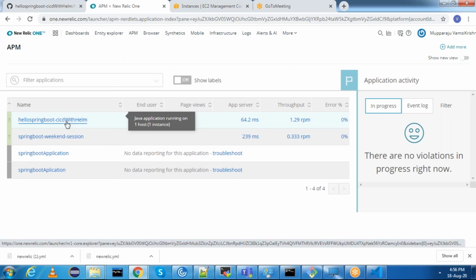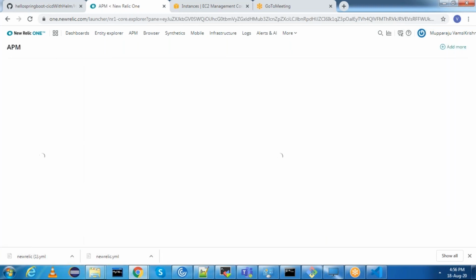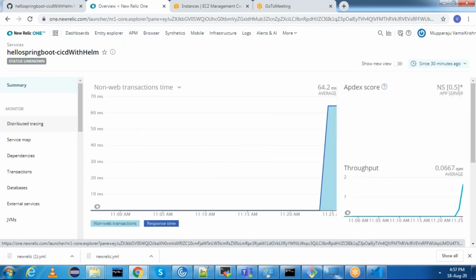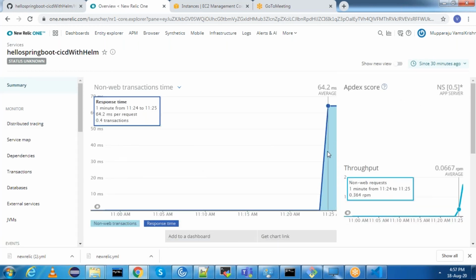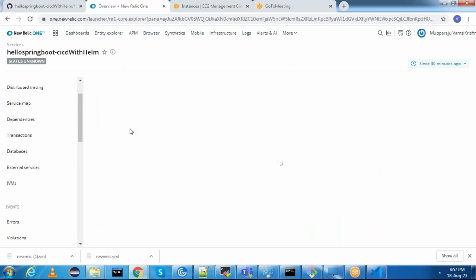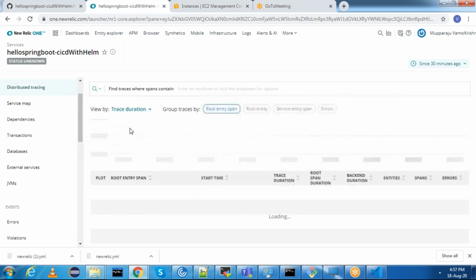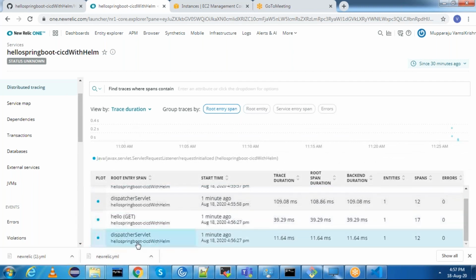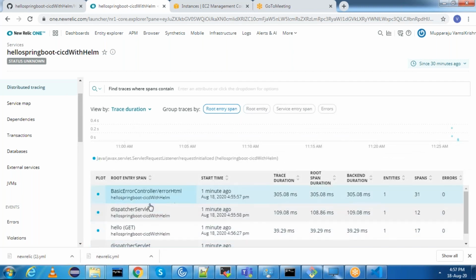Click on this. And you can see these are the requests that just came now. And if you want, go to distributed tracing and you can see the API URLs which we just accessed now. See, this is the API URL which we just accessed.